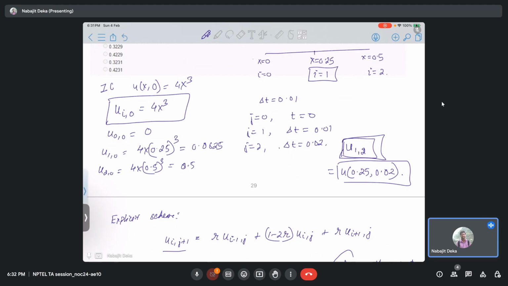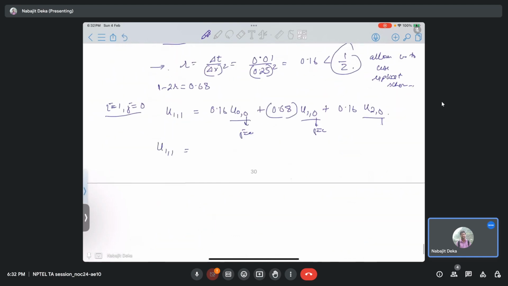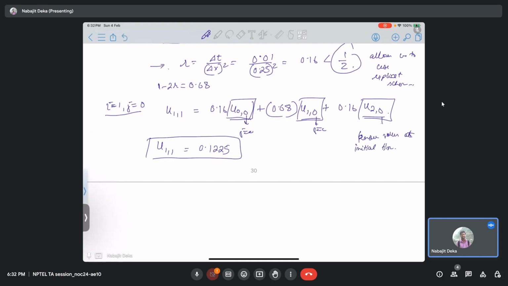Let's check the calculations. So we know these values at the initial time. So what we get is u(1,1) will get the value of 0.1225. So these are known parameters, the known values at initial time. So we had this. Now we put